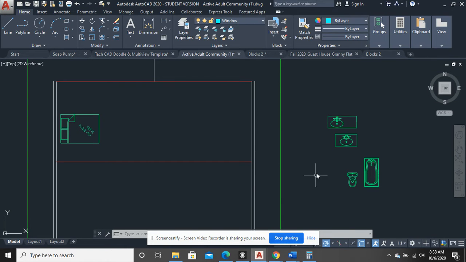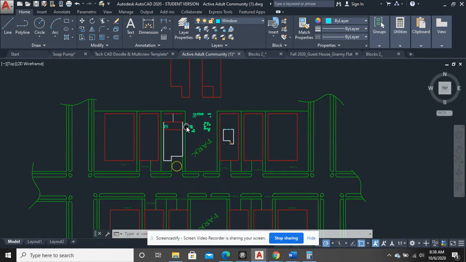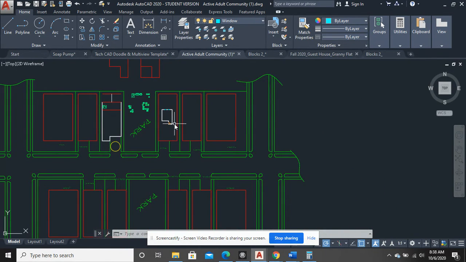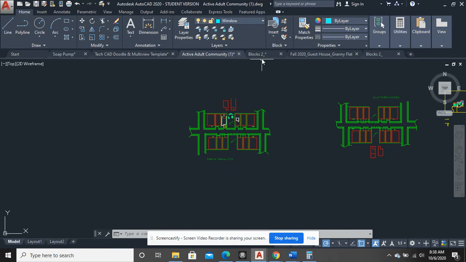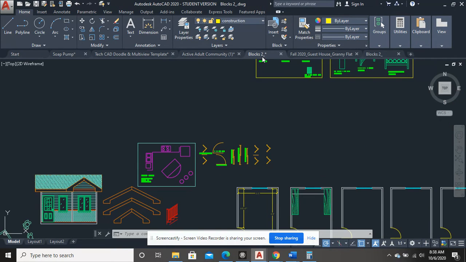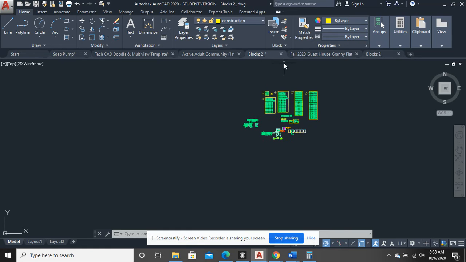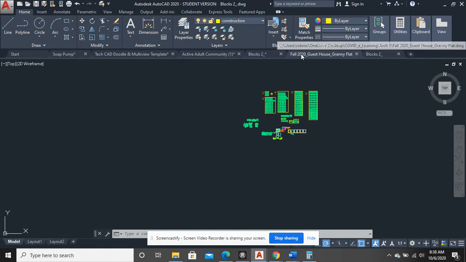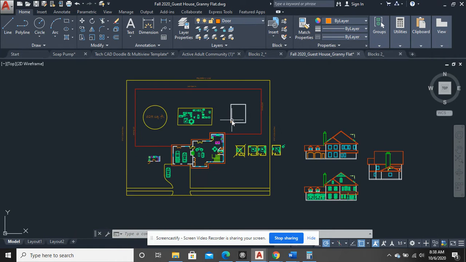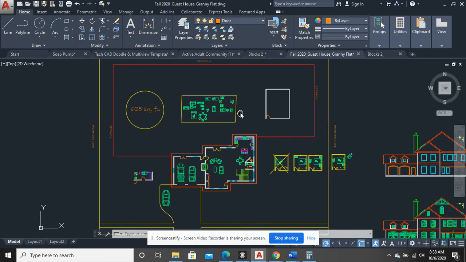All right, so I wanted to do a quick video with architecture students for setup of a new document. So you guys all have the blocks folder that I've given you with all of this. Depending on your class, you might have one of these couple of file templates, okay? So really quick, since I gave you the template, you're going to have, if you look up here,